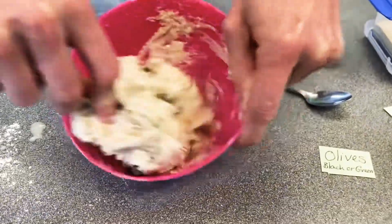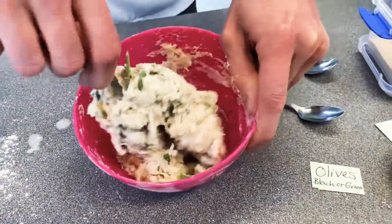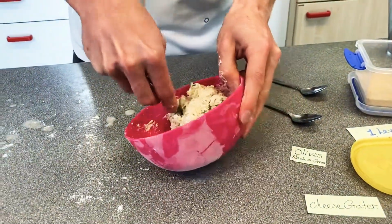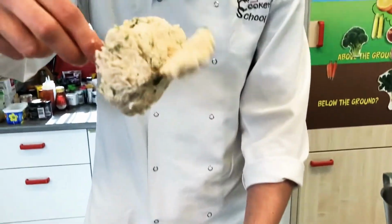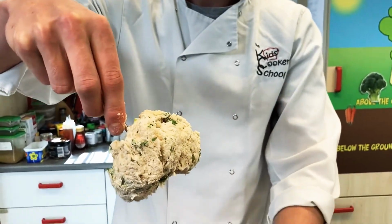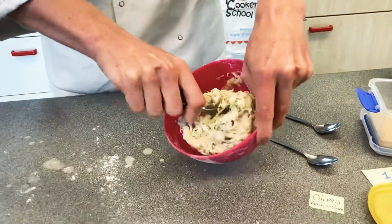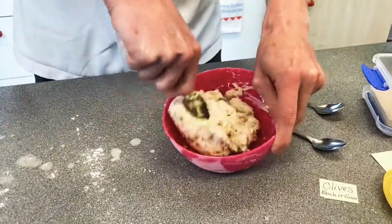Look, you can see all my ingredients have started to come together. Almost all of the bits in the bowl have come together. And look, this is what I'm looking for, where it clings onto the spoon, just there. So once I've done that, I'm gonna come out of the bowl. I'm gonna give it one last mix. I'm gonna come out